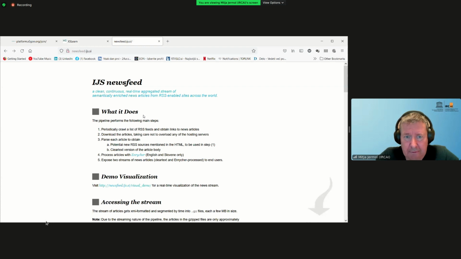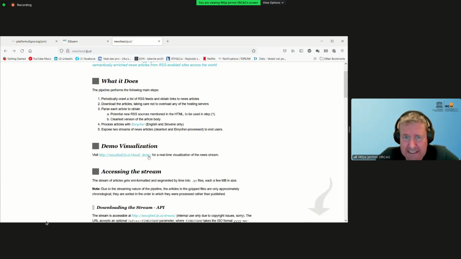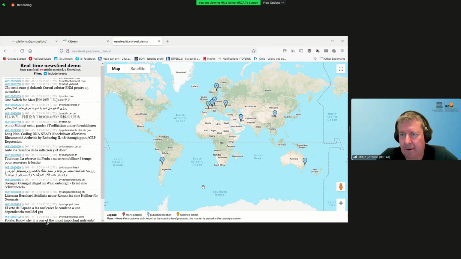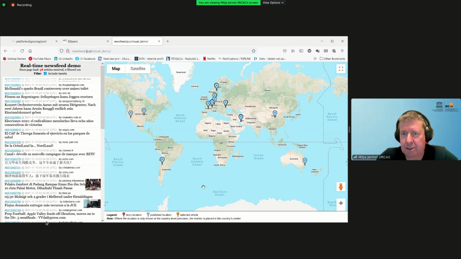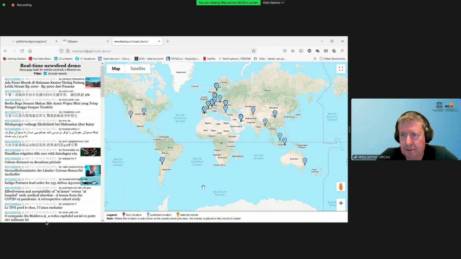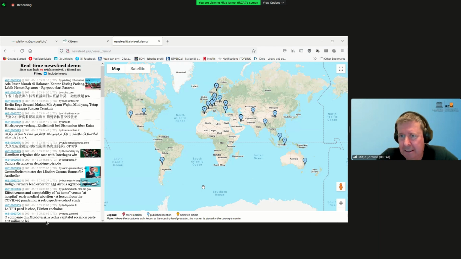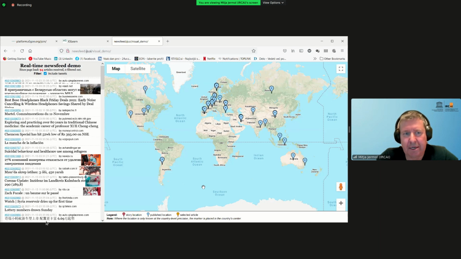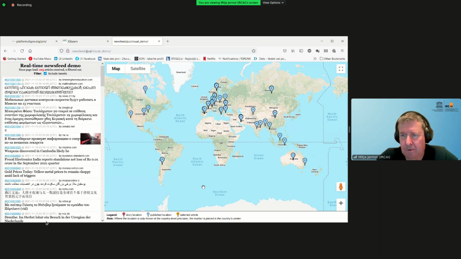Let me show you how this looks like right now. So this is now live. This is just to show you what it would mean, collecting all these materials. So here we are collecting materials just right now. And this is that much. Now you can imagine that some of those is completely rubbish. Some of those are just short news or whatever. But this is how we do things.